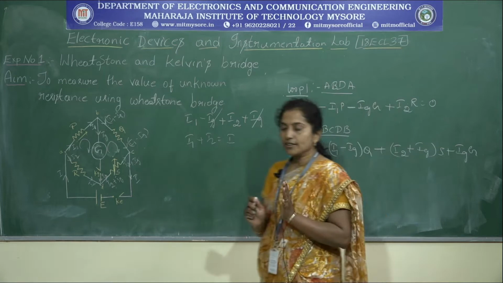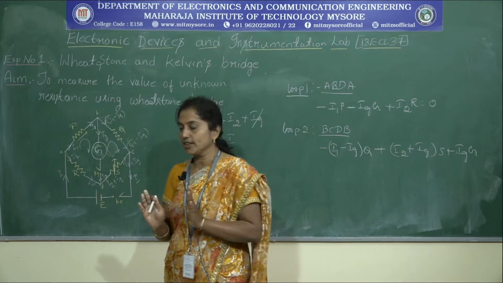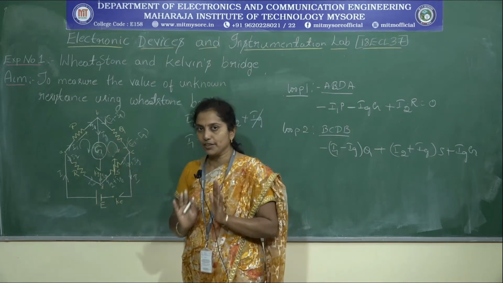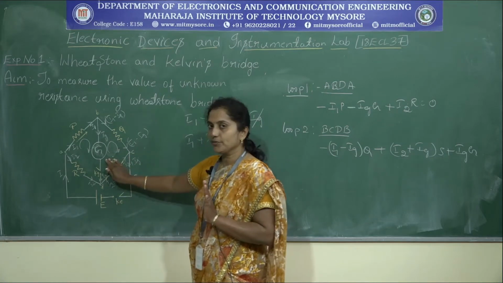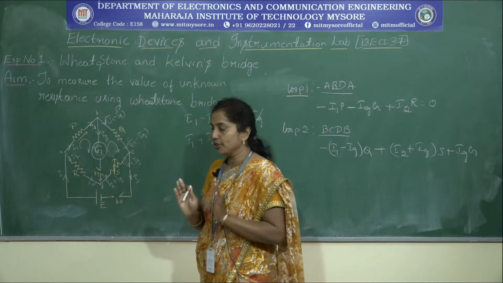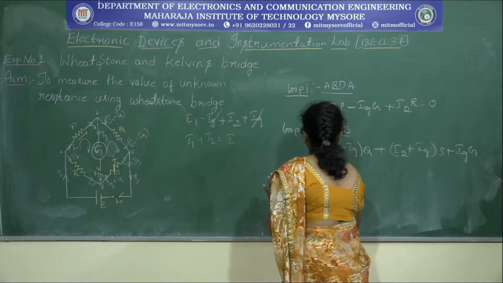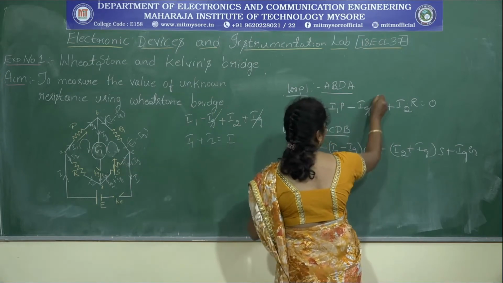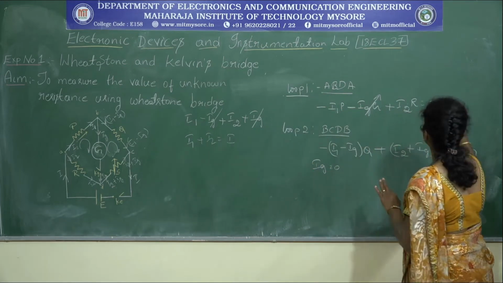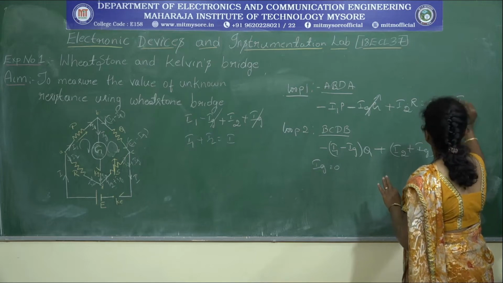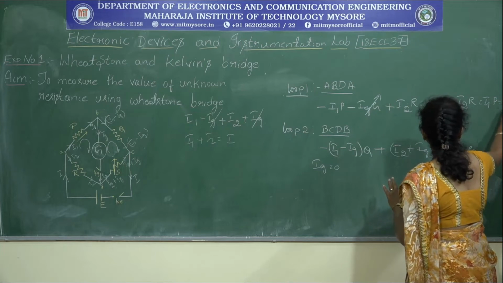Now for our bridge circuit concept, when it is a balanced condition, the galvanometer current should be 0. It should have the null deflection. So for the null deflection we have 0 current, that means Ig is equal to 0. So now apply Ig equal to 0, so this becomes 0. Now what happens? Minus I1P plus I2R equals 0, so I2R is equal to I1P. This is equation number 1.